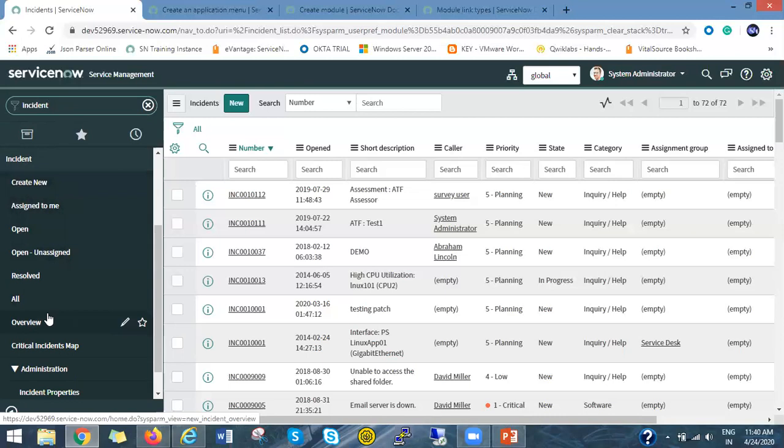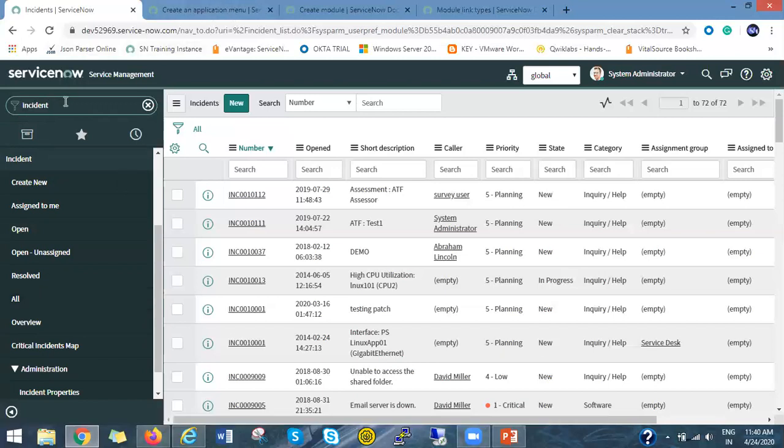So I will add one more module inside this incident application menu, so that you will understand how to create a new module inside an existing application menu. Here the existing application menu is incident and I want to add one module inside it.